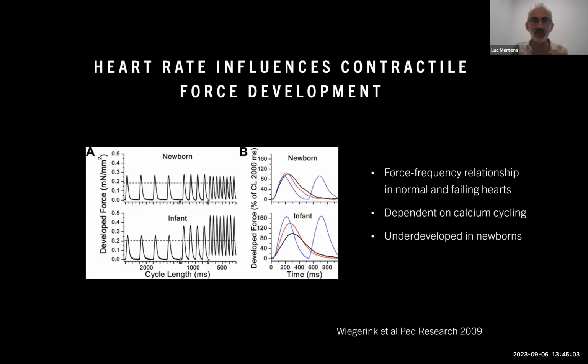Now, when I increase heart rate, what happens with calcium cycling in a healthy, mature myocardium is that the cycle accelerates. When you increase heart rate, you are able to store more calcium within your sarcoplasmic reticulum and release it. So that results in increased contractility when you increase heart rate, because of calcium cycling. So there's an intrinsic effect of heart rate on cardiac contractility due to calcium-induced calcium release and the acceleration of this process, up to a certain limit, of course, because there's a limit in how much calcium you can store in the SR